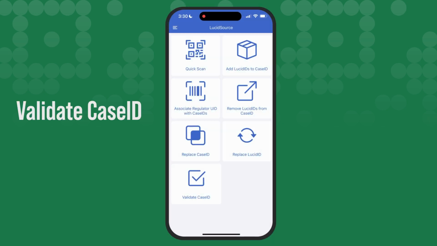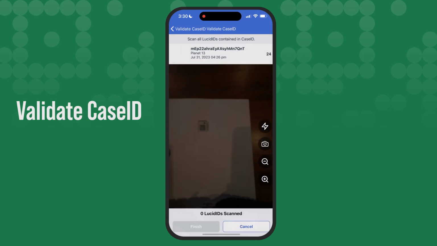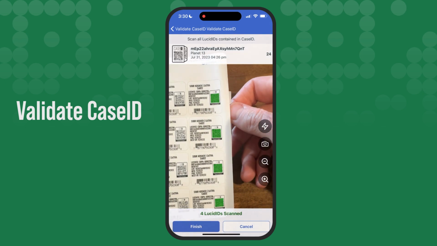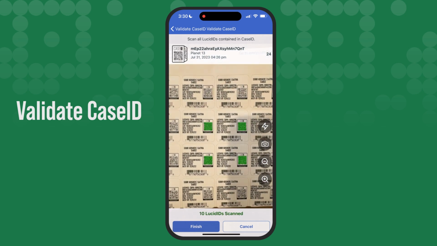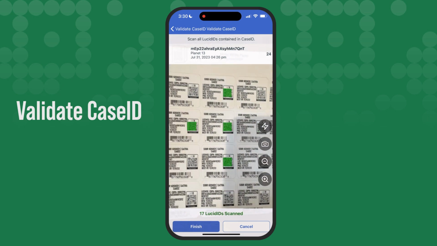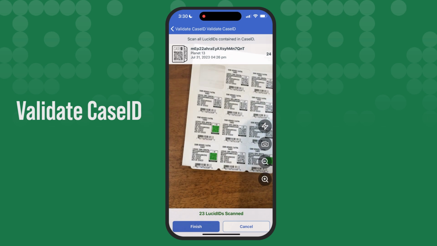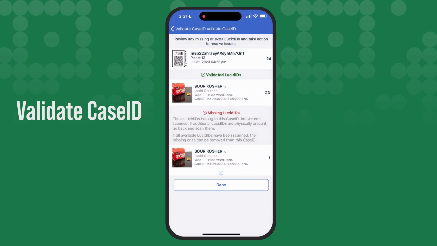The Validate Case ID option allows users to confirm that the Lucid IDs found on the items in a case match the Lucid IDs associated with the Case ID. A user will be prompted to scan the Case ID, then scan the Lucid IDs that are on the items in the case. A user can then add the unassociated Lucid IDs or remove the Lucid IDs that are not present in the